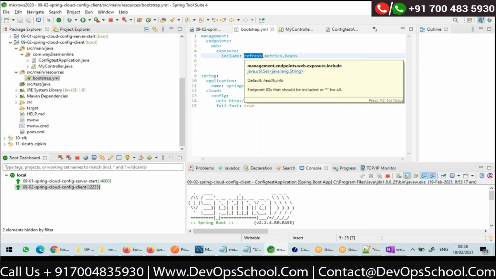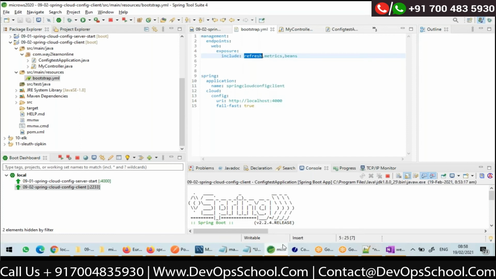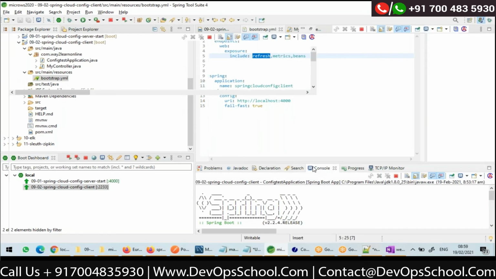So whenever I hit this refresh endpoint, what will happen is it will internally call application context dot refresh. Okay, but that has to be a post request. So whenever application context refresh is called, new configurations will be loaded again.